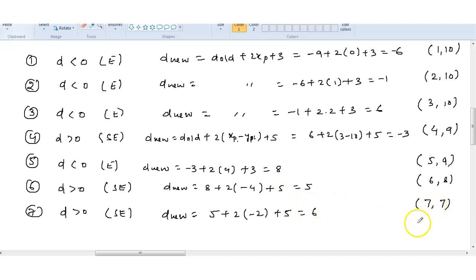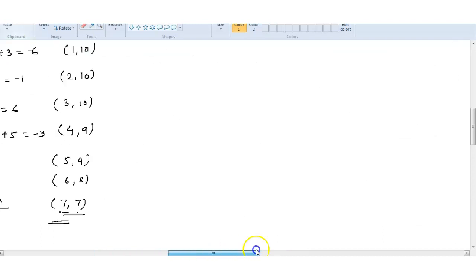Here we got it. X and y both are the same, then you have to stop. When x and y are the same, or x is greater than y, then you have to stop the iterations. Whatever coordinates we have got, we have to draw the circle. We will get it in the first quadrant, like this one. Okay. So next we will see about the ellipse.